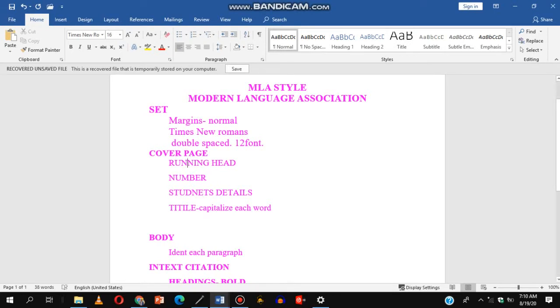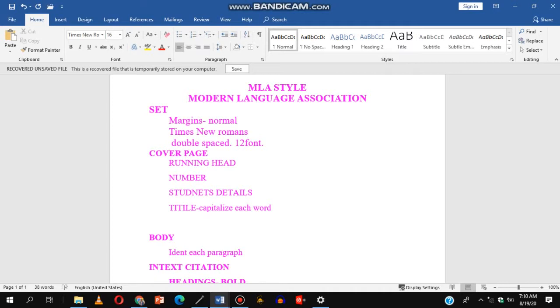So guys, MLA is the Modern Language Association style, which requires students to follow a certain setup for writing their documents. For instance, MLA has the following key features, which I'm just going to highlight as we go through our documents. So thank you for joining me in today's session. Kindly pay close attention so that we proceed